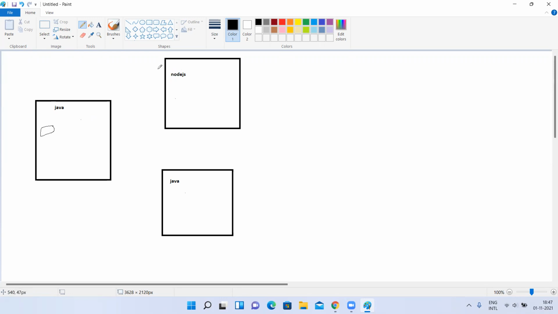I'm restricting this to execute only on this node. Okay, no problem. But there are other Java jobs, so when they try to execute here, this will fail. So I want to put a node level restriction also, like wherever this label is matching, only those jobs I'll allow. These jobs I'll not allow.